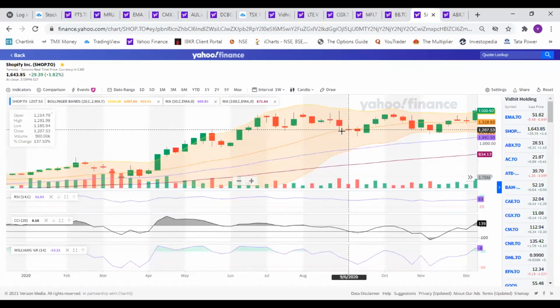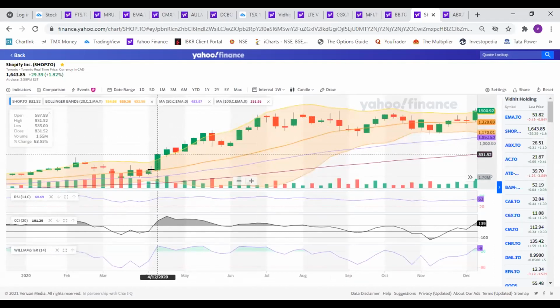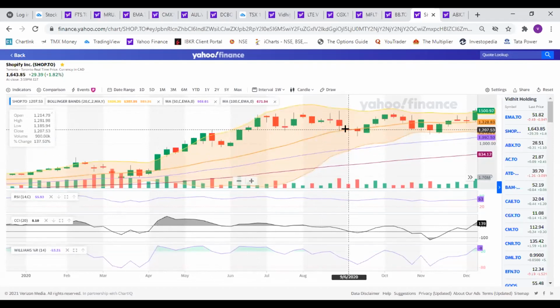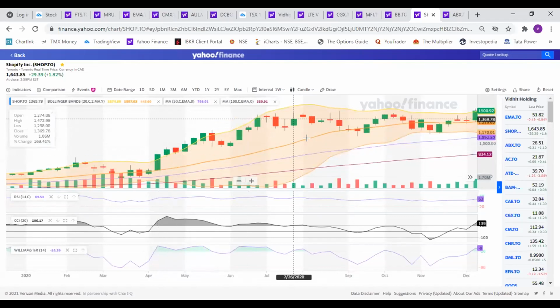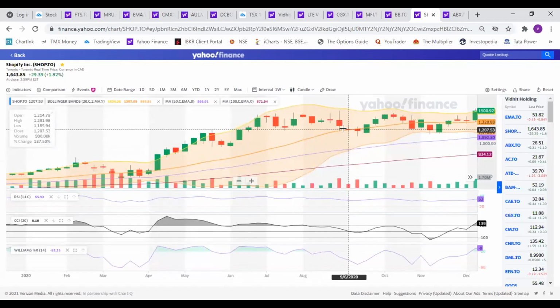September the 6th. Am I right or is it June? No, 6th of June. September, sir. That's right. 6th of September. You're right, sir. In September, actually. 6th September, right? So that means over a period of 9 months, it moved from 832 to a price of 1207.